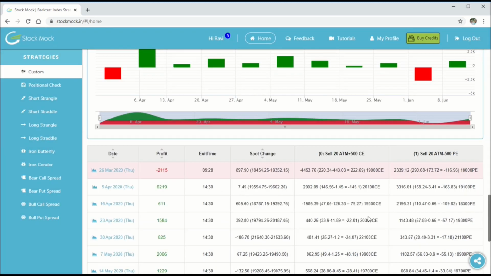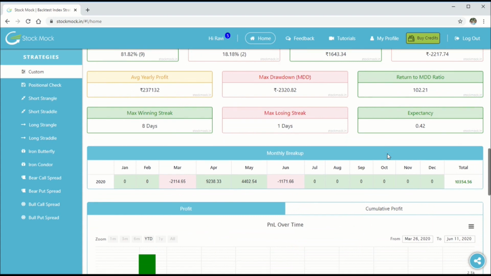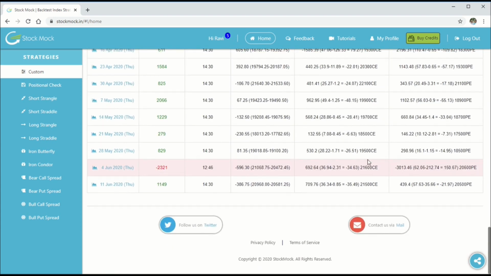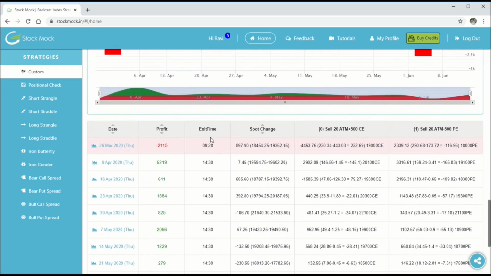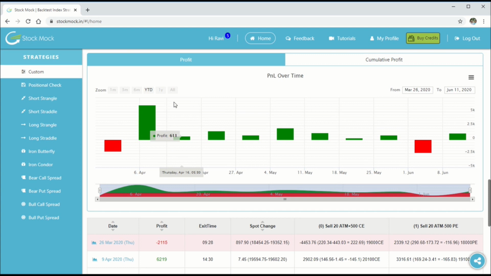So with the kind of features that are provided by Stockmark, we'll have to optimize our strategy. We'll have to prepare for the worst by adding slippages. We'll have to find on which particular day exactly the strategy works. That's how we optimize the back-tested results, and that's how we interpret the results that are provided by Stockmark. So let's optimize the strategy and see how far we can go.